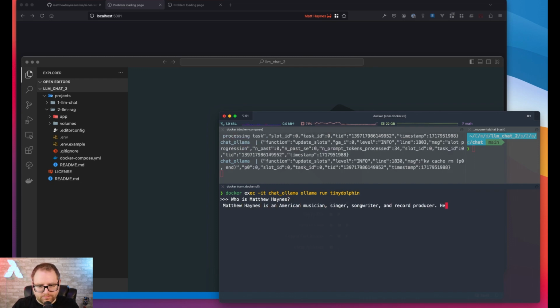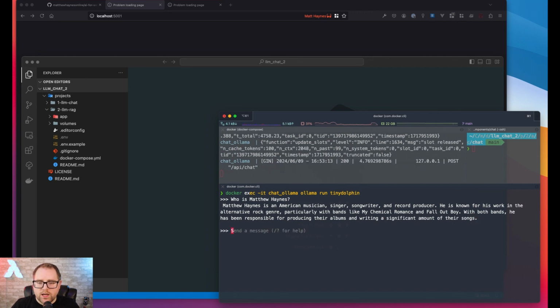It's thinking, and it pulls up something that was from the training data baked into the model. I'm not a singer and songwriter or producer, I'm a coder, so let's try this again. So as we said, RAG is just retrieval augmented generation. So we're gonna retrieve some context. Let's say, hypothetically, we're pulling this from our vector store. So using this context,